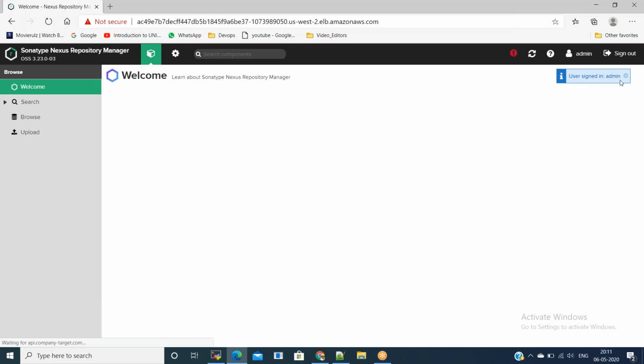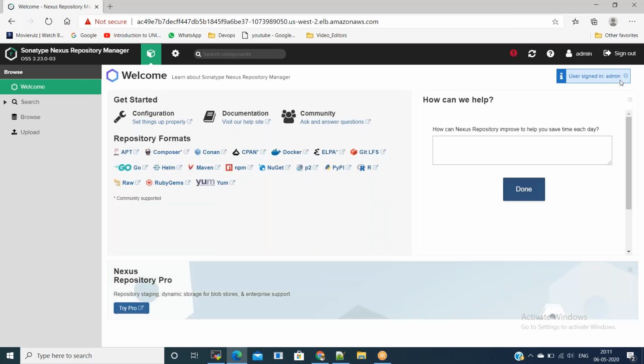Yeah, it is taking whatever password we set. That means whatever installation we have done is perfect, and we are able to see the Nexus homepage.